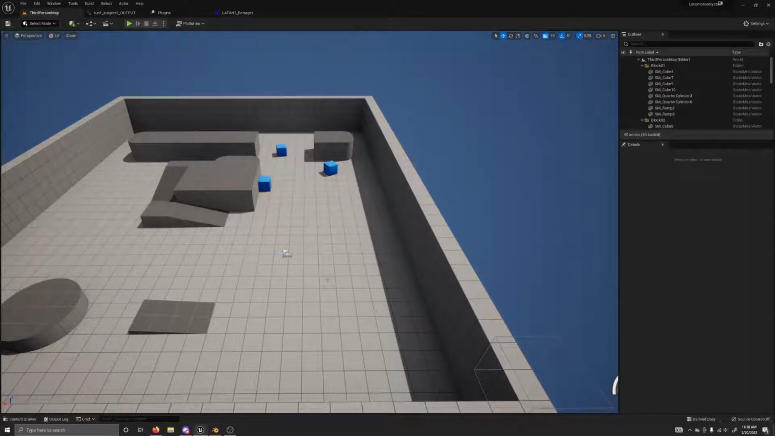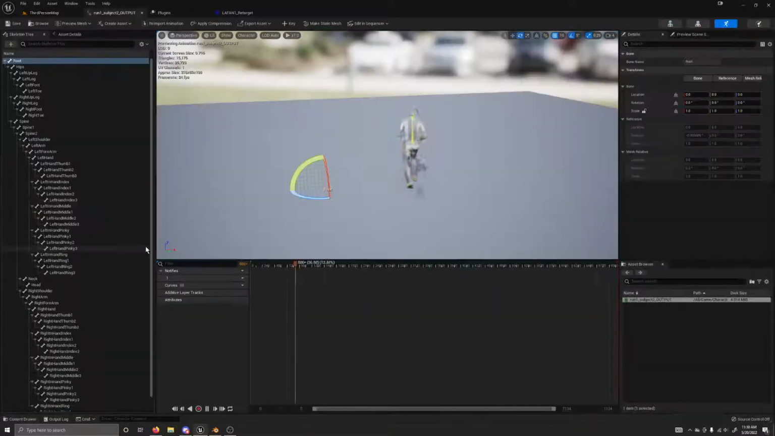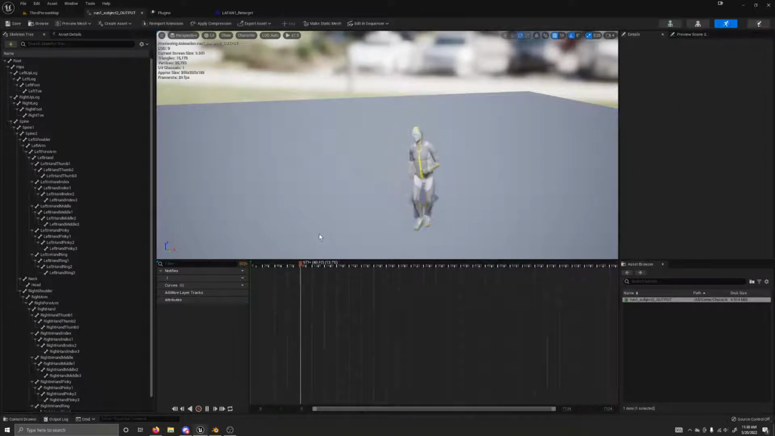So, I've been working with Ubisoft's anim set, a motion capture dataset provided by Ubisoft that's free for non-commercial use. You can find it on GitHub. I'll be making a video on the process for getting them downloaded and into Unreal, and I've gotten one of those animations into Unreal. It's a pretty convoluted process. I had to add a root bone in,